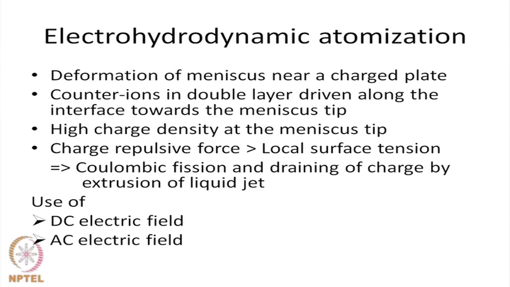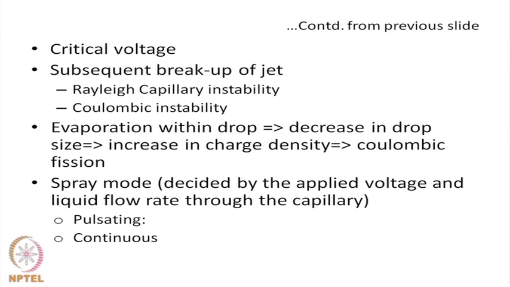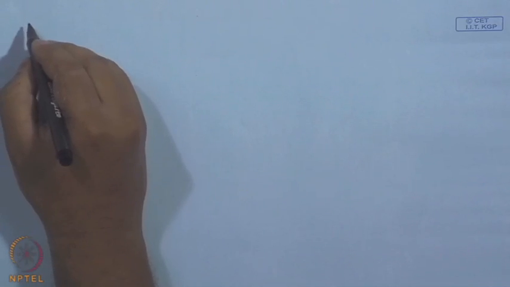Now, what we must understand here is there exists something called a critical voltage. Of course, we are in this DC regime. First we are talking about the DC field, not the AC field. We will look into some aspects of these later. What we have here is something called a critical voltage. If I try to derive it here, the critical voltage